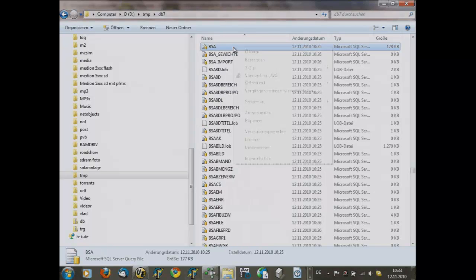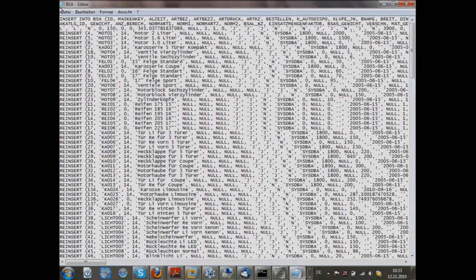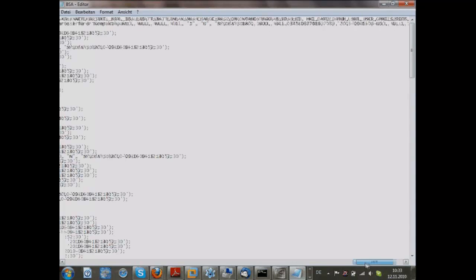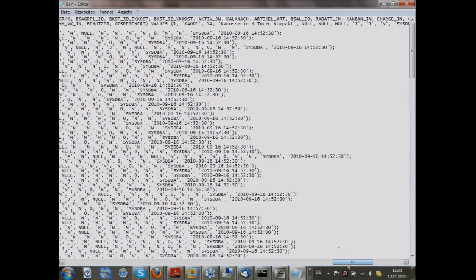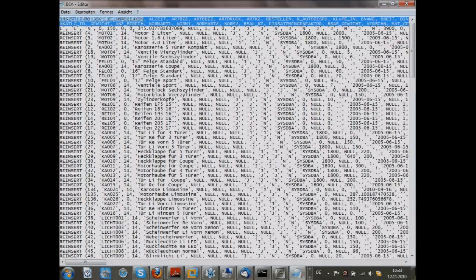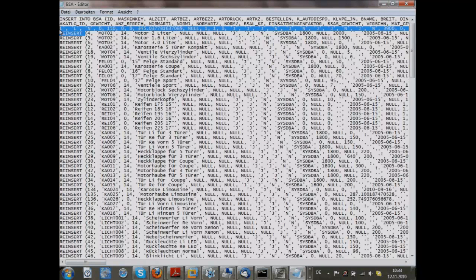When I have a look here, BSA SQL simply shows us insert into BSA whatever. And you see the functionality available in IBExpert to have a SQL macro: this part, values, and all this part up to the top, is simply used in the next line as a reinsert keyword.